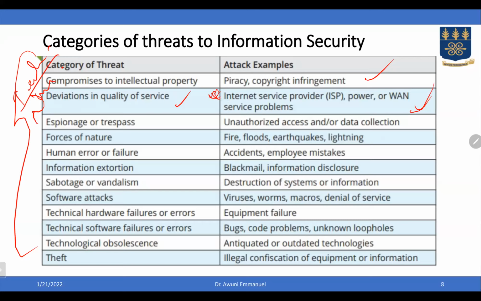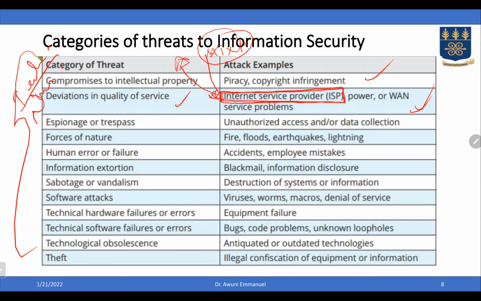So as you said, maybe your organization subscribes to services from an ISP, let's say MTN. At a point, you need their services to firm up your communication with your customers. Or maybe you are even expanding your customer base, but because the service the internet service provider is giving is poor, it may affect you and push customers away.